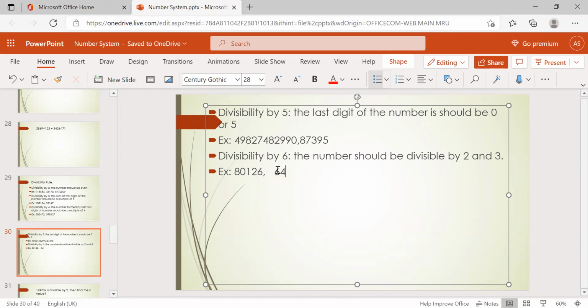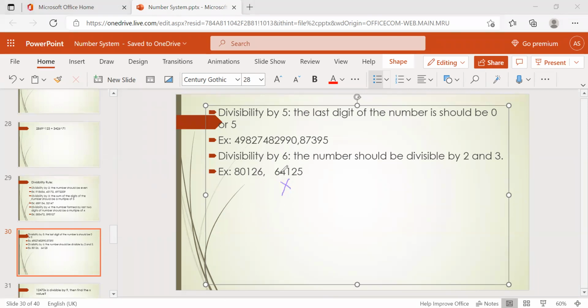So 6, 4, 1, 2, 5. Okay. Now check this. So here it is not divisible by 2, first thing. So directly you can say it is not divisible by 6.